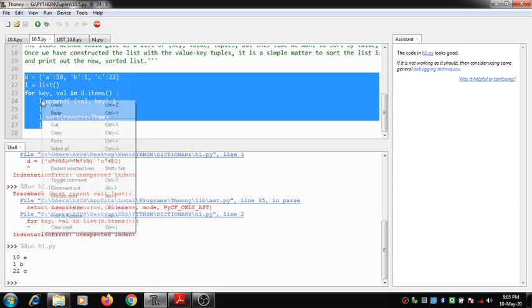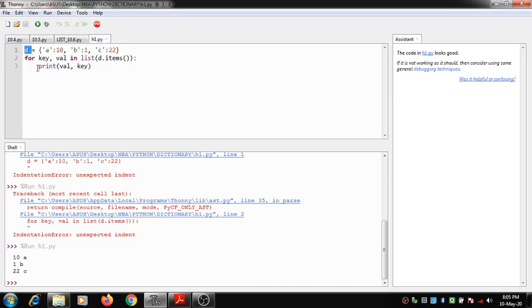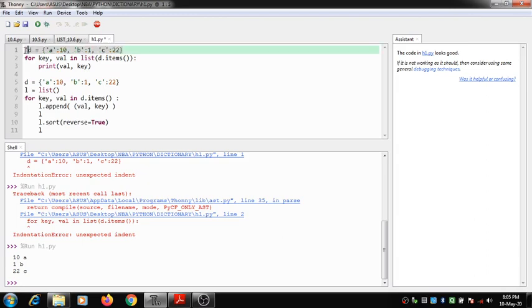So here we have the code. Let me paste the code here itself. Let me comment this particular code and try to execute it.